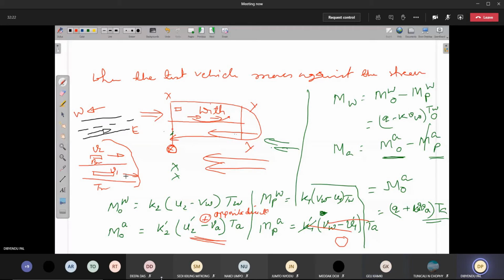B1 minus B2, because both are moving in the same direction. Now assume that the bus is running